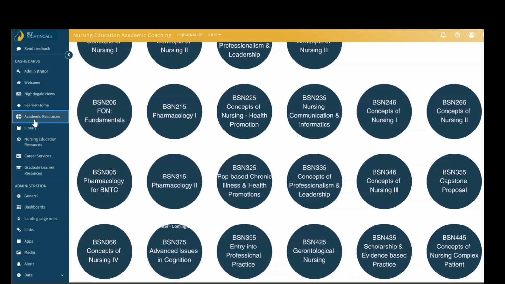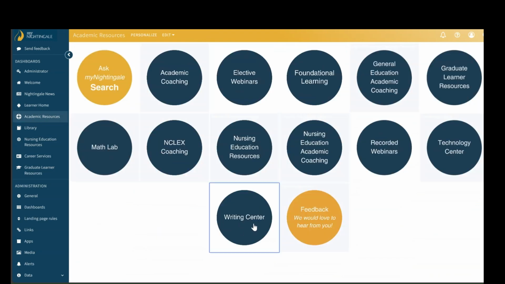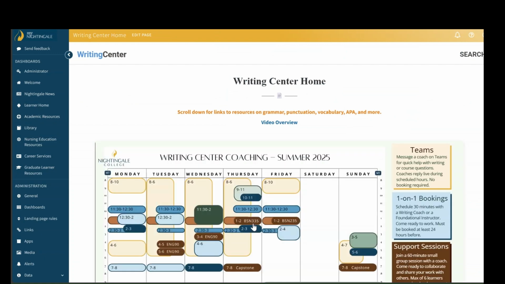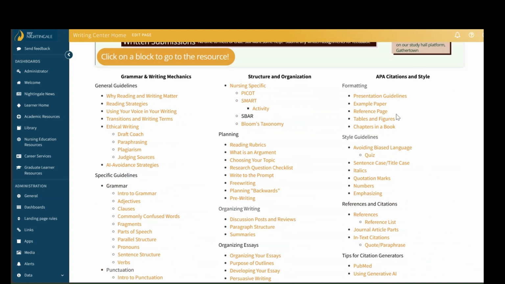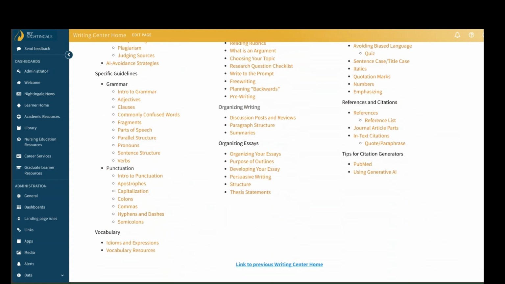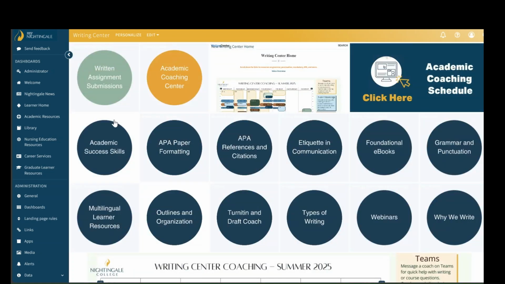You can also go to academic resources and access the Writing Center for areas like coaching support for any paper reviews, APA questions you may have. Also for APA support using the resources that are available here. And finally, by clicking on the Writing Center, you can go to written assignment submissions. You can also check out the instructions on how to use Turnitin Draft Coach. And we highlighted the value of your Microsoft 365 account,